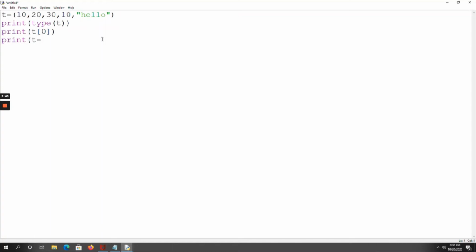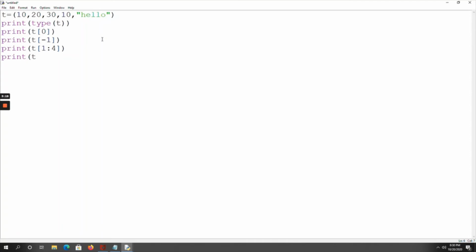T of minus 1 means the last element of the tuple. And next, I am applying a slicing operation on my tuple, t of 1 colon 4. Next, I am printing my tuple elements.